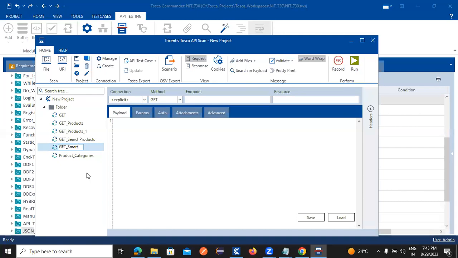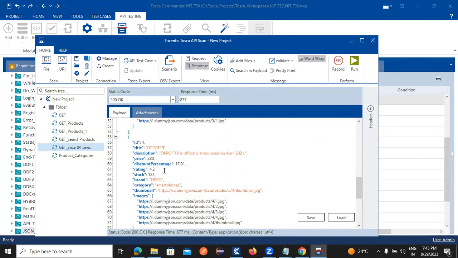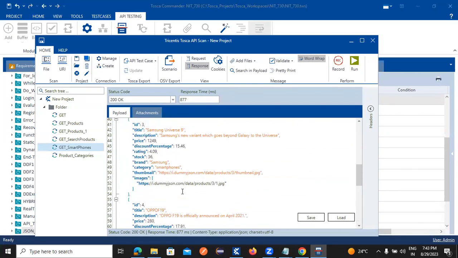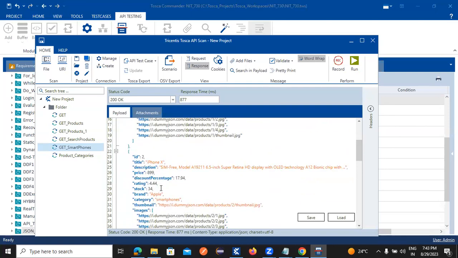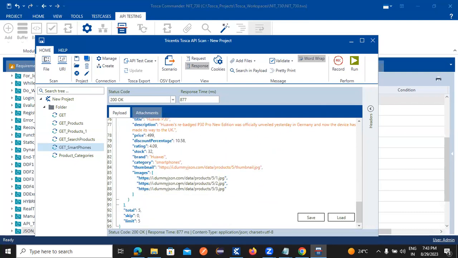Okay, see. I want to get the smartphones through the payload. See guys, I am able to get how many smartphones are available. All the smartphones, I am able to get the information. Once I got the information,